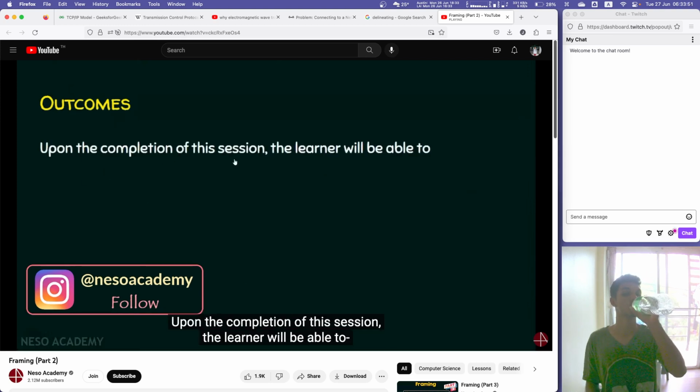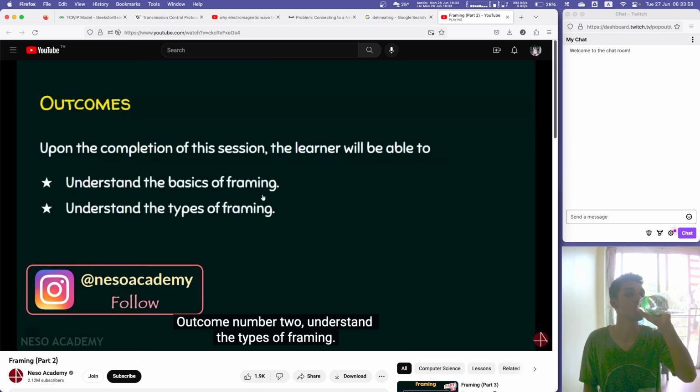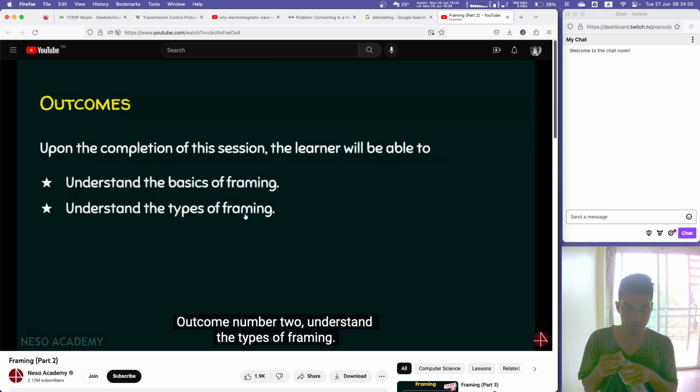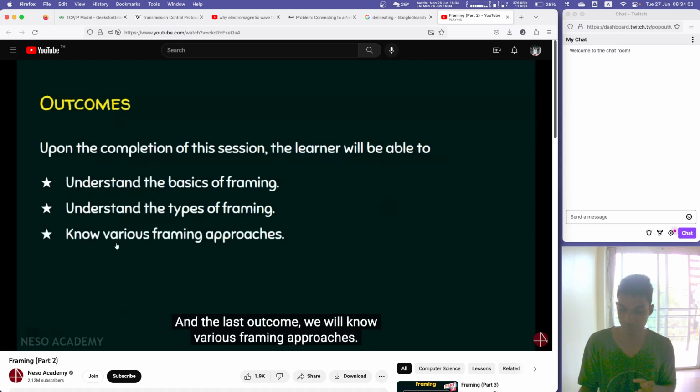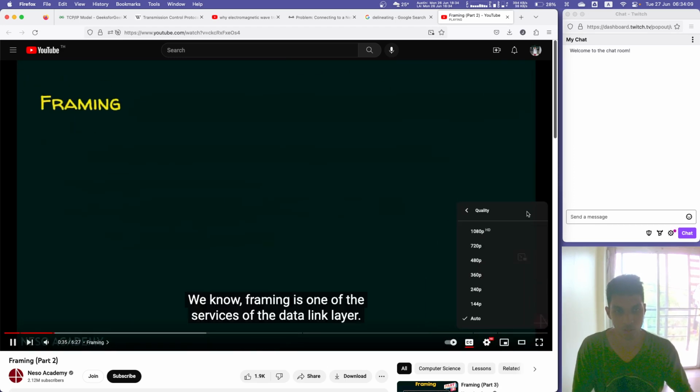Upon the completion of the session, the learner will be able to: outcome number 1, understand the basics of framing formally; outcome number 2, understand the types of framing; and the last outcome, we will know various framing approaches. We will start the session with what is framing. We know framing is one